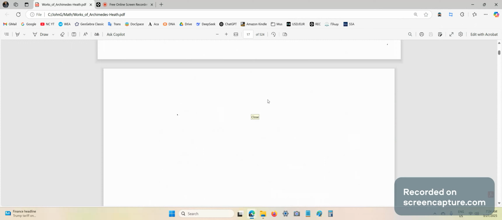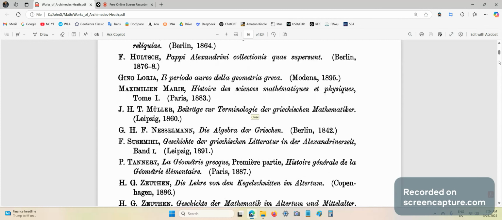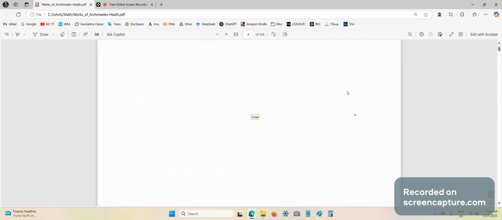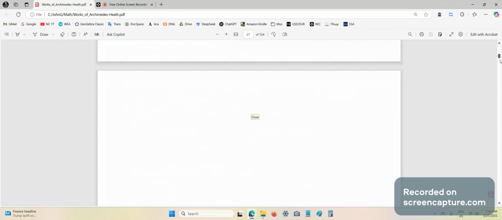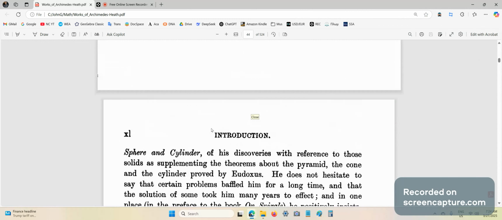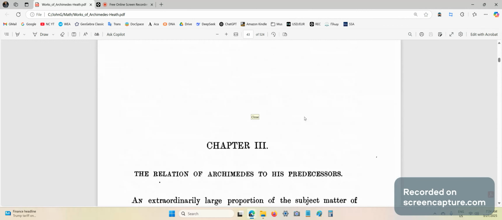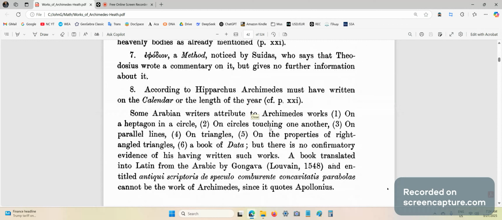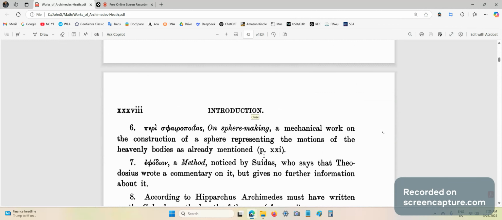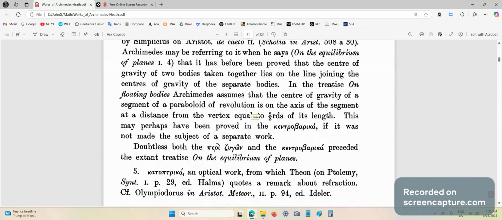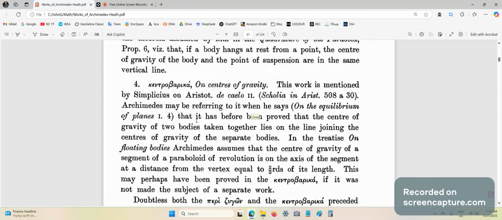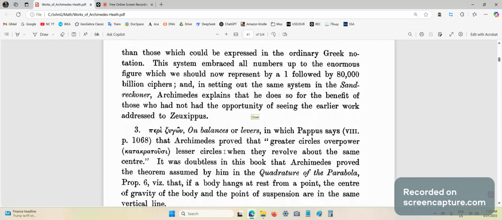I'd also like to spend some time on Heiberg's introduction, because it gives one an idea of what Heiberg thought as he was writing these things. He goes through each of these, talking about the particular concepts, and it helps one to understand why he wrote certain things the way he did, and also gives some insight into some of his misunderstandings, because Heiberg didn't get everything right.